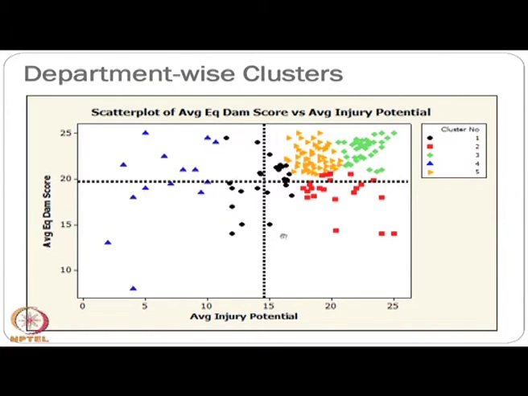But this quadrant is really a complicated one and very important also, because injury potential and equipment damage score are both higher in this job. So management may see this result and decide that this cannot be, it should be in one cluster.